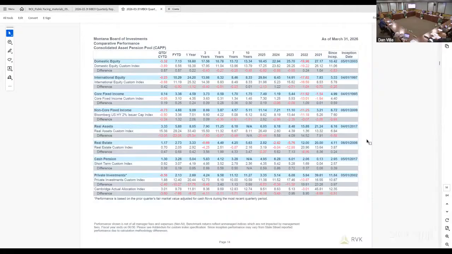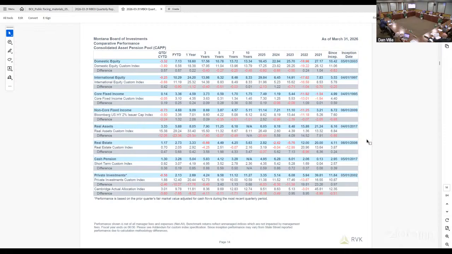The returns are more modest than the broad universe. But this just gives you an idea of what's been going on in the Cambridge universe from a return perspective. And as we've noted in recent periods in looking at the performance of private investments, especially the private equity component, it has not compared favorably to the public equity markets, but keep in mind what's been driving the public equity markets. It's been AI and technology.